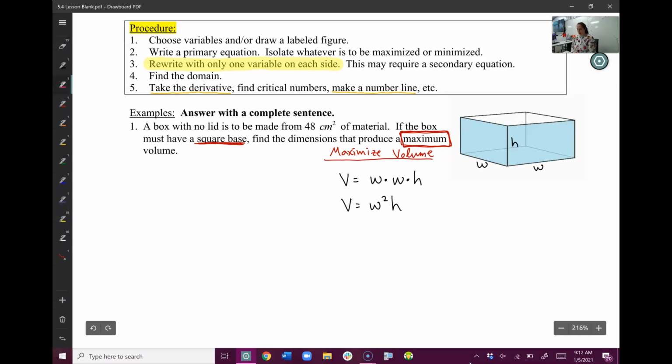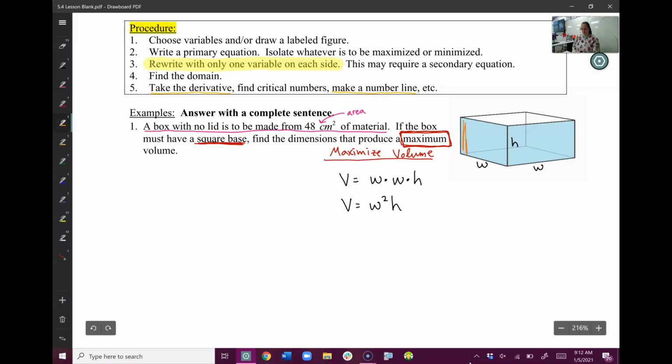So this is where this first sentence comes in. A box with no lid is to be made from 48 square centimeters of material. So if I think about this 48 square centimeters, I know that that is an area. And I know that because the centimeters are squared. That's two-dimensional. So we're talking about two dimensions, kind of like we're talking about wrapping paper. We want to wrap this box in wrapping paper except for the top. So if I wanted to do that,